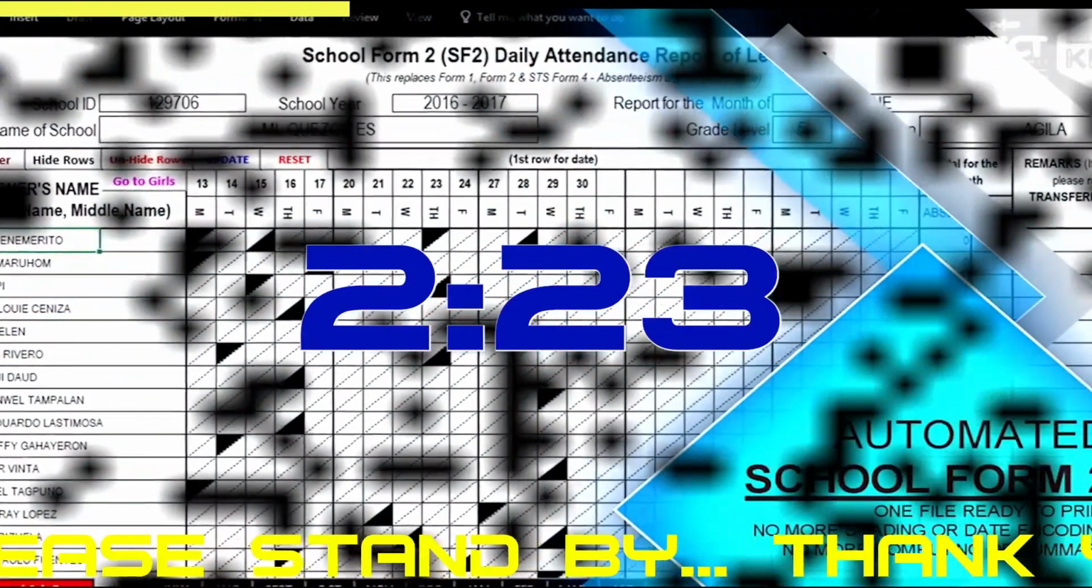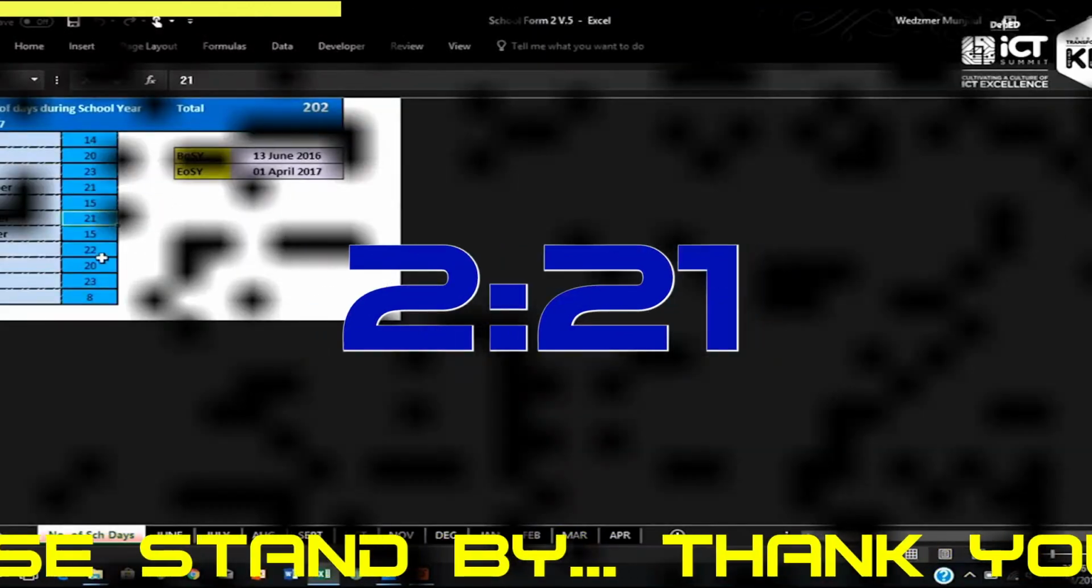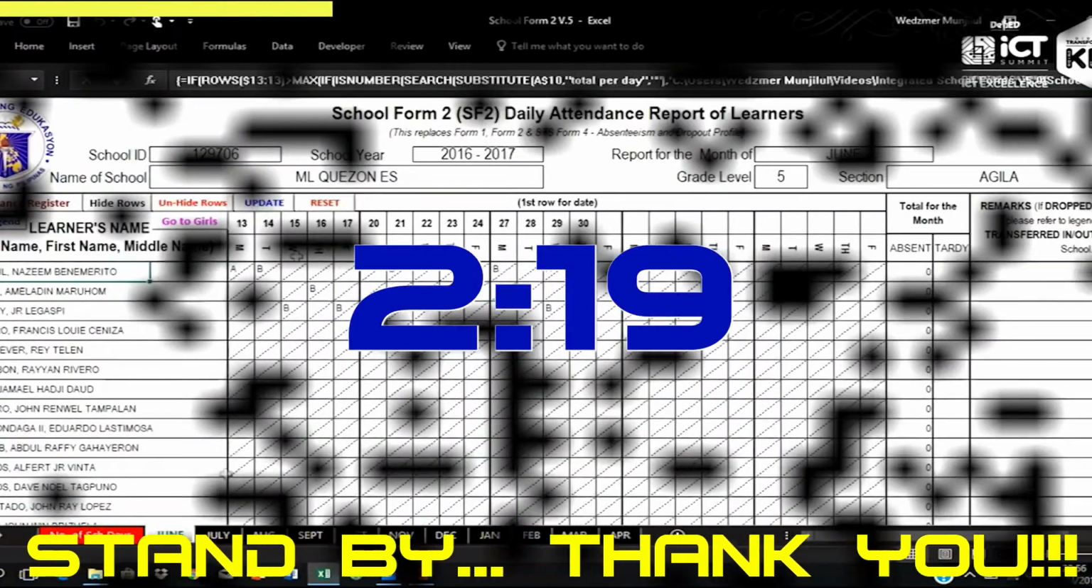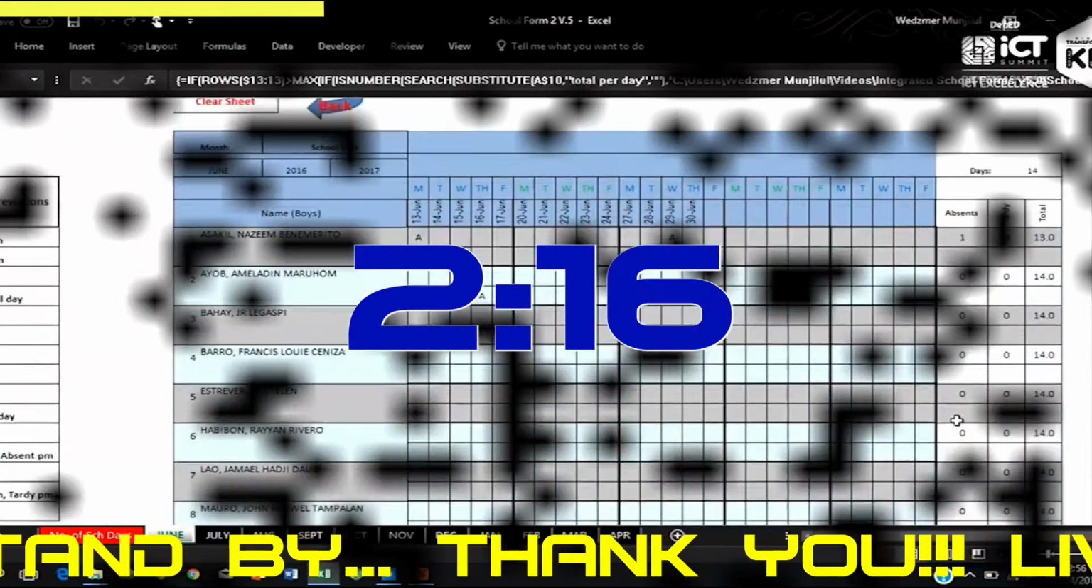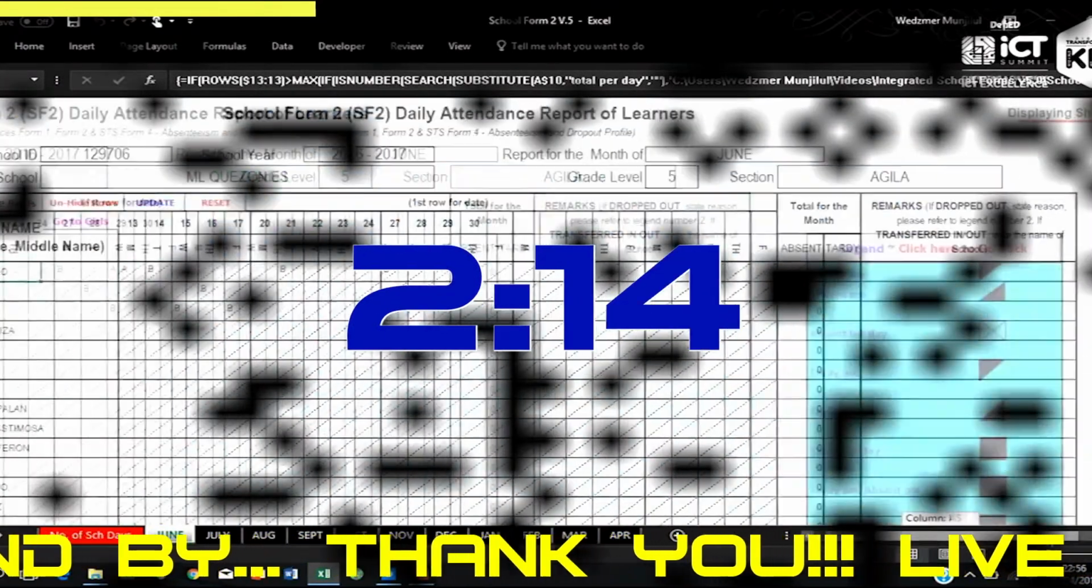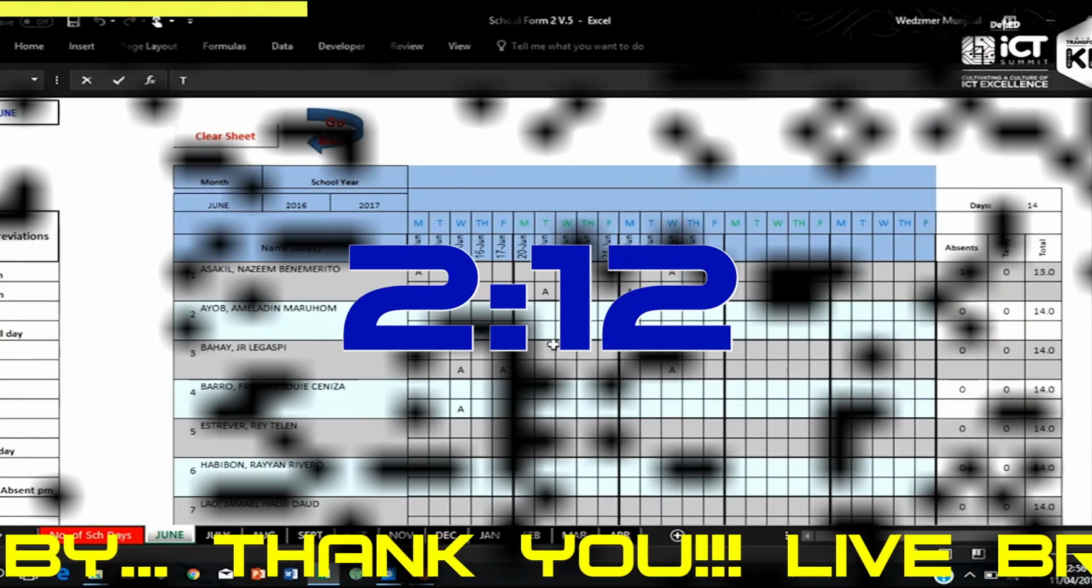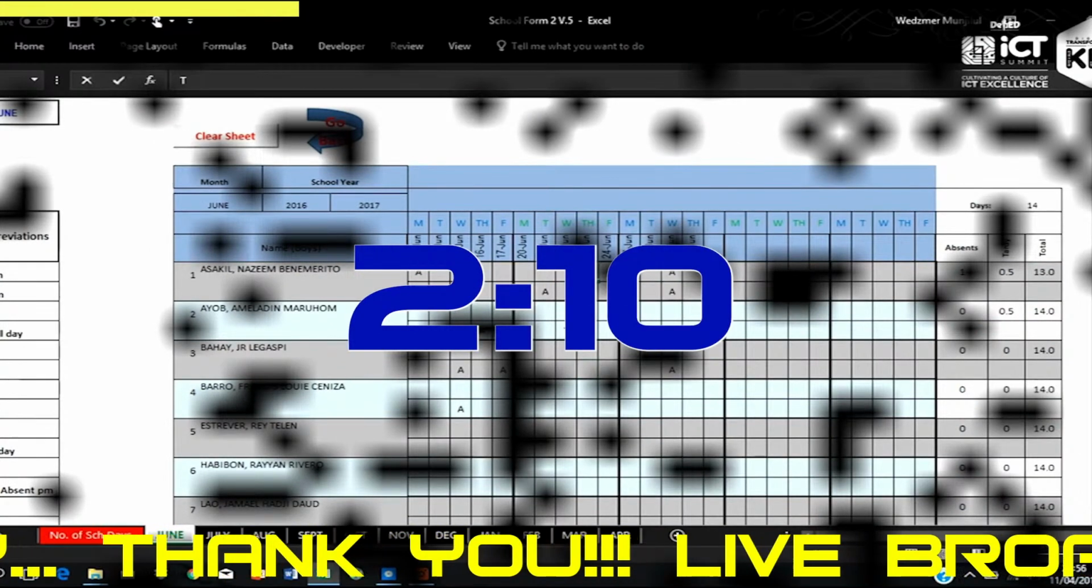Most of all, it also has a distinct SF2 automation template for the whole school year. The incompatibility, issues, and discrepancies of using the shading system of the SF2 is now computer generated for accuracy and reliability. There is no need